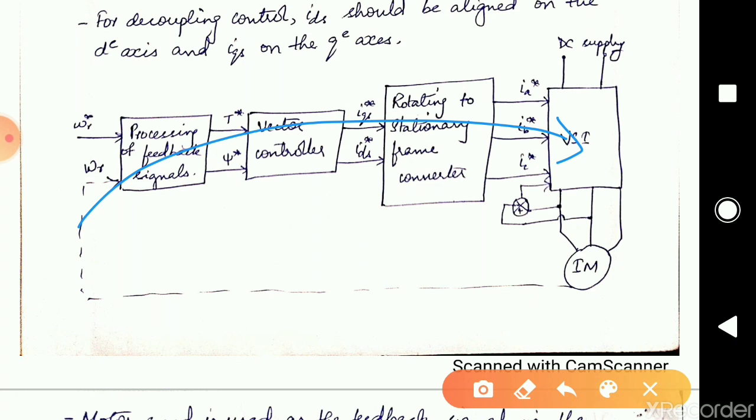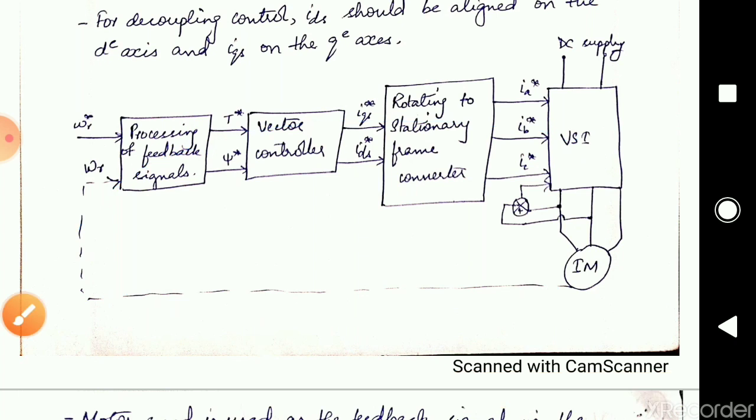You are not taking any exact feed forward. Only the speed is being measured over here to check whether the changes have occurred or not. Only to see whether the change has occurred or not, we have taken a small feedback of speed, but no other parameters are being measured over here. We are just assuming that after 10 seconds this should be my output, so correspondingly I will change my input now to get that particular output. So that is just the basic working of how the indirect control is taking place.